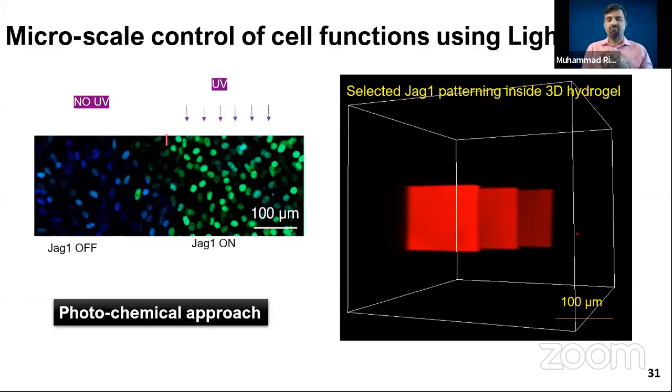Basically, we attached a number of streptavidin molecules around this protein, using nitrobenzyl. So now we have an umbrella of streptavidin molecules covering this JAG1, attached using a photocleavable molecule. Only when we shine light do we remove all those streptavidins, and the protein is exposed to signal cells. When we don't shine UV light, the protein is still covered by those streptavidin molecules. So it's really a matter of using sterically bulky molecules that create that umbrella to hide its functions.